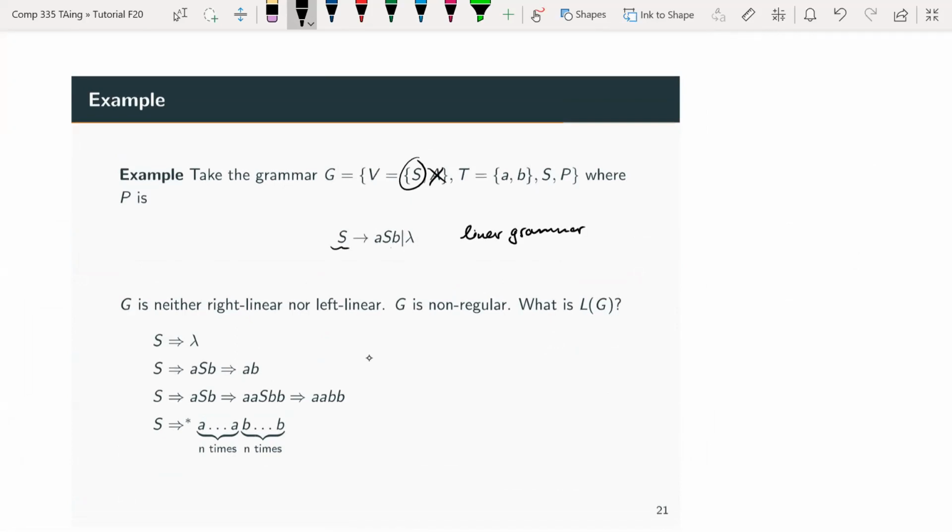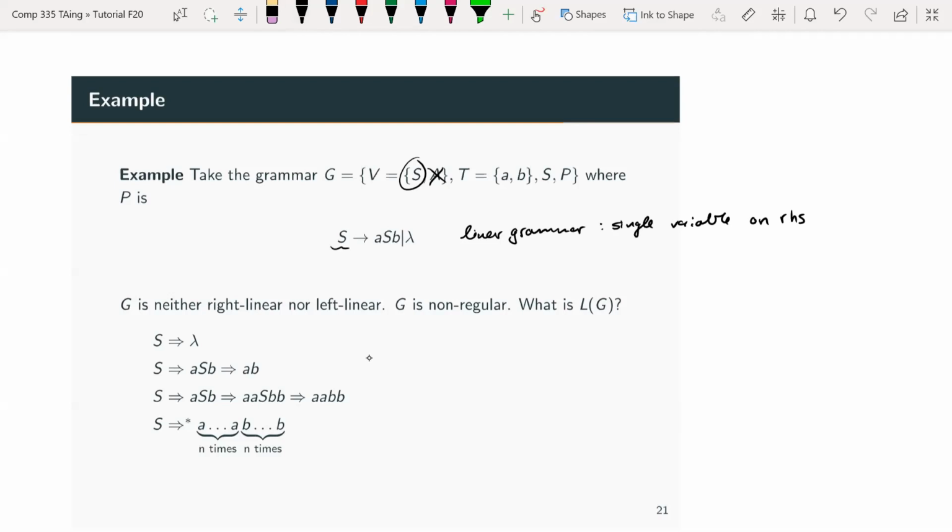Why is it linear? Because it has a single variable on the right-hand side. It's kind of like a linear equation where you have only x to the 1. So this is like having a single variable, right? That's why it's linear, okay? So it's for sure linear. However, it's not going to be